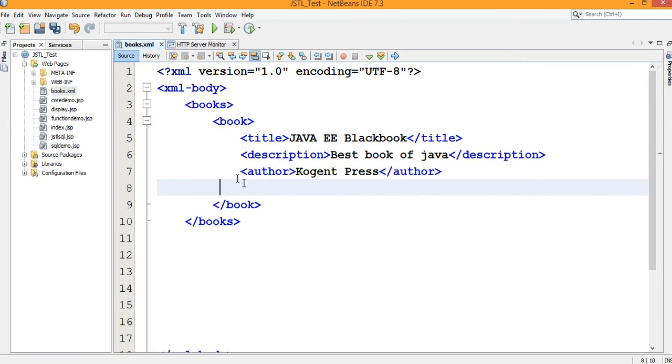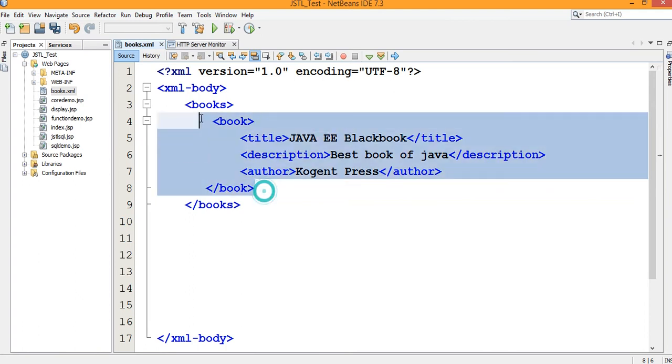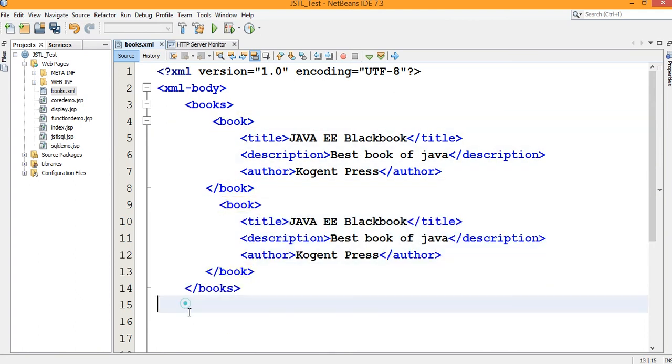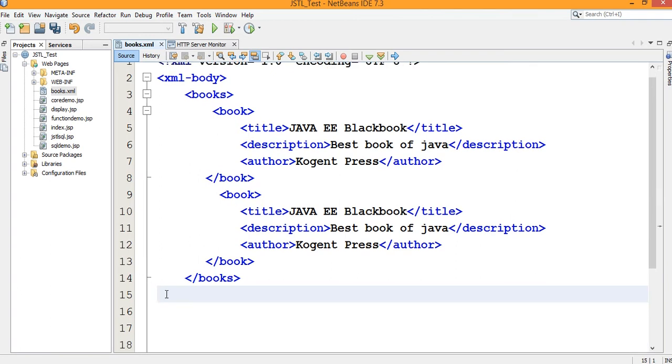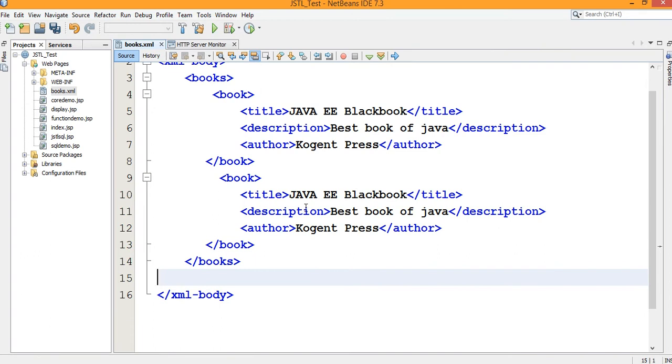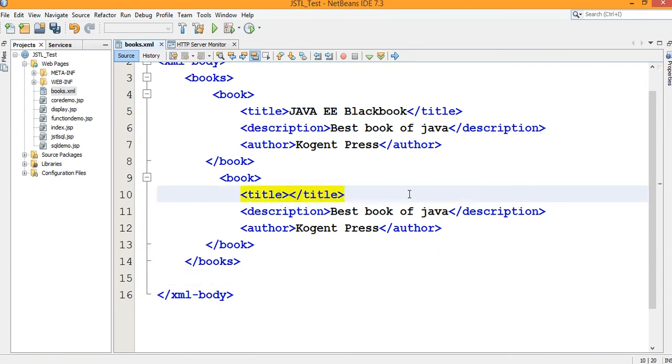In this manner you can add another book's information. I am copying all the text and simply mentioning it here. Here I am using another title of a book, for example, Advanced Java.